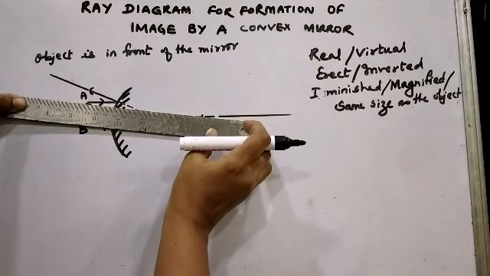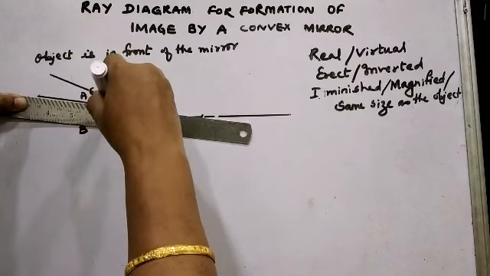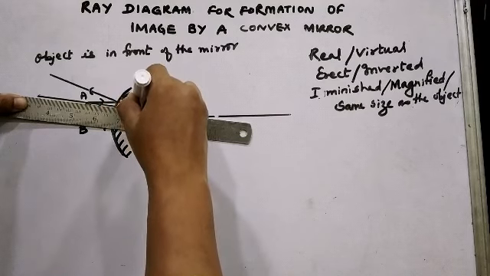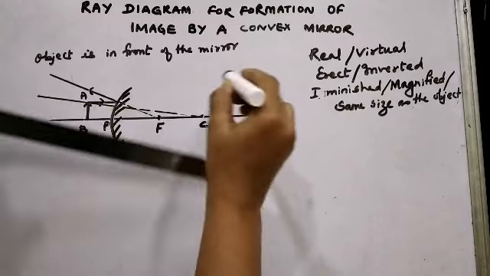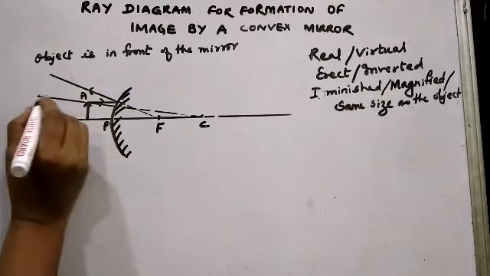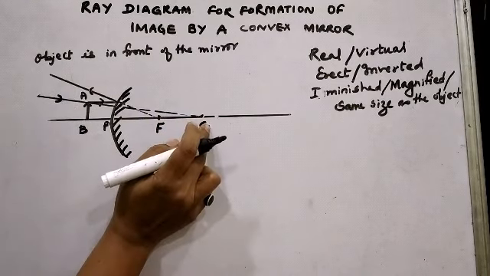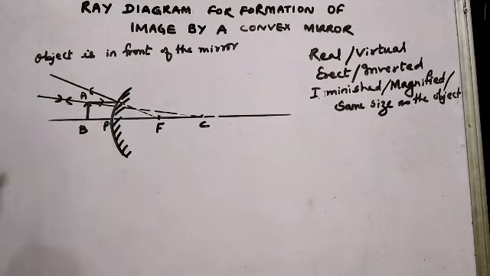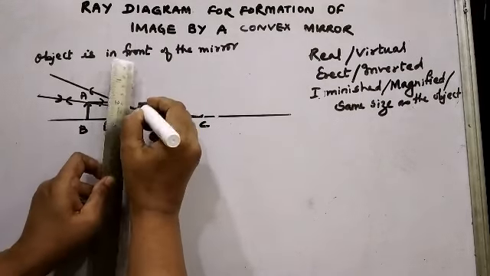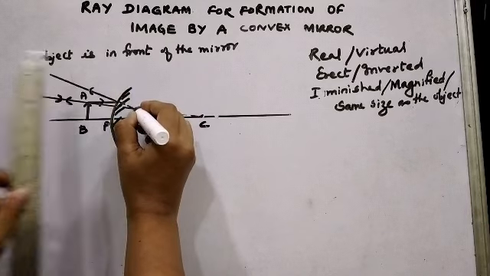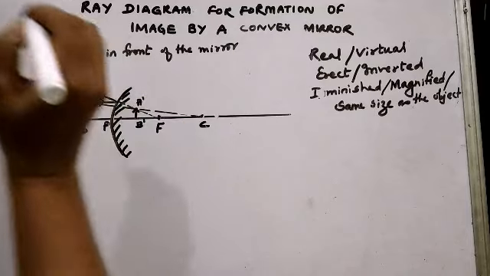So the ray of light will start from the object. It will pass through the center of curvature, but as soon as we take the rays behind the mirror, we have to show in dotted lines. So if the incident ray is directed towards the center of curvature, then the reflected ray will trace back the same path. Can you see the point of intersection? It is here. So this is the place where the image will be formed. It is an erect image, A dash, B dash.